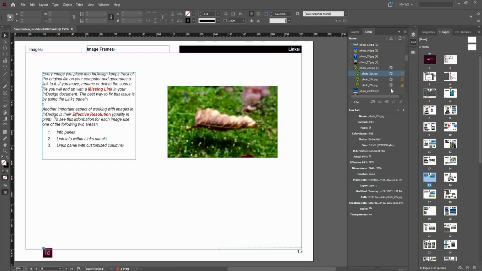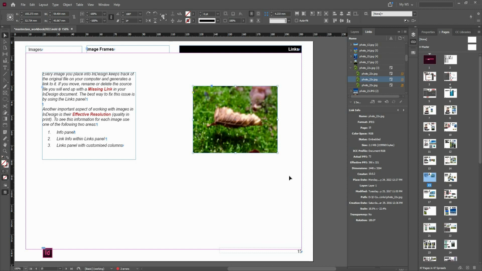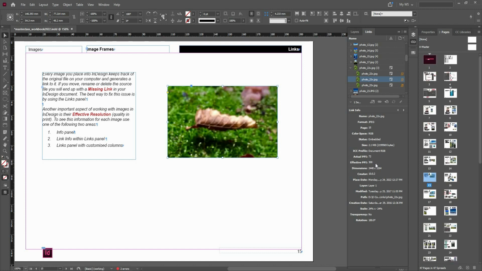If you have two numbers here, then it means your image has been stretched out. So let me hold down Control and start dragging this, like so. Now I've done this without holding down the Shift key, and you see two numbers here because the height and width of the image now have two different resolutions. So let me undo the last step, and let me show you another good way of tracking this PPI